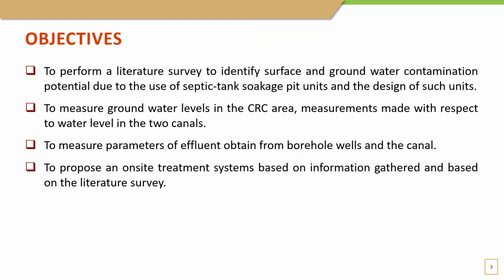defined in 4 categories. One is to perform a literature survey to identify surface and groundwater contamination potential due to the use of septic tanks or pit units and the design of such units. Second one is to measure the groundwater levels in the CRC area, with measurements made with respect to water levels in 2 canals. Third one is to measure the parameters of effluent obtained from the borehole wells and canals. Final one is to propose an on-site treatment system